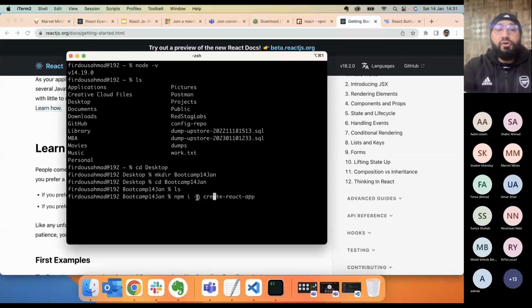तो global क्या होता है? Global gets installed across your whole system. Okay, and if you do not say -g, it gets installed within this folder. Okay, इस folder के बाहर उसको इस चीज का पता नहीं होगा, but if you say -g, it is global. Okay, what we are going to use, we are going to use create React app as a library which will help you to